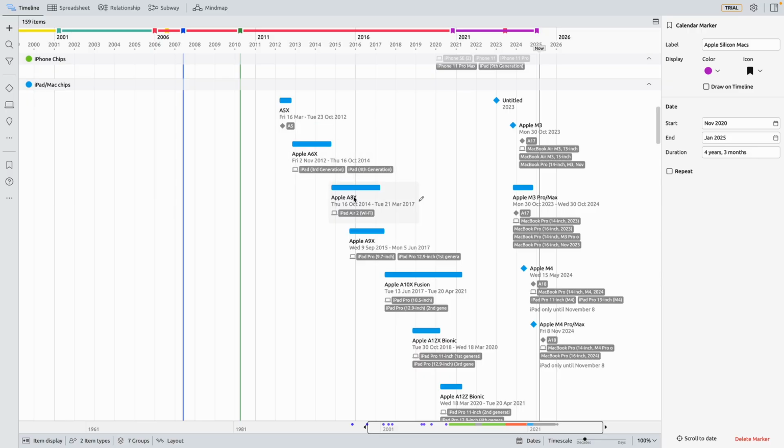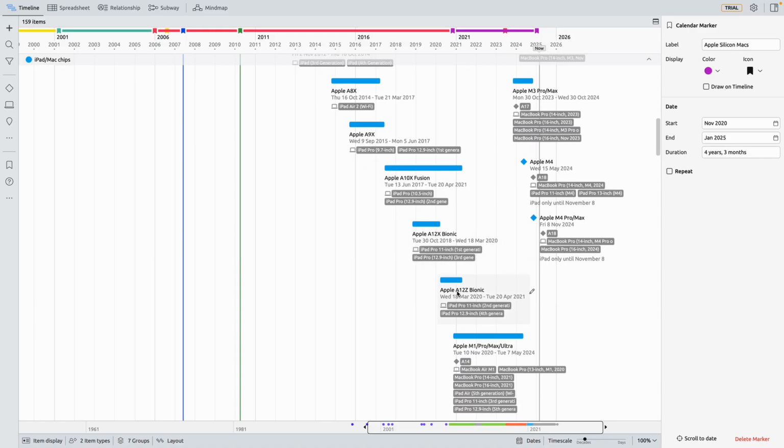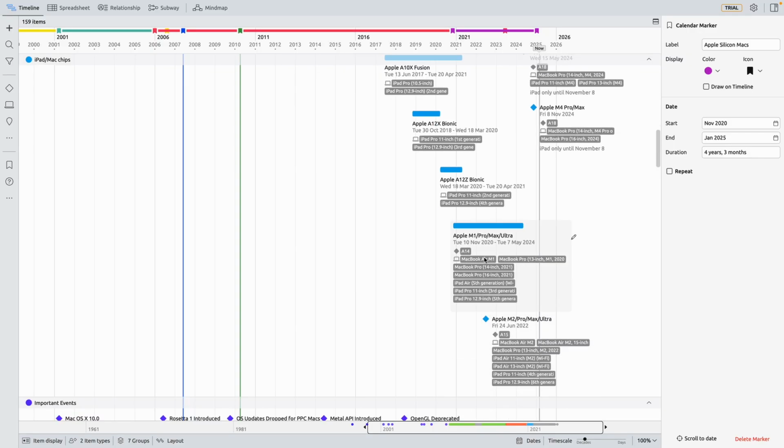Anyway, then you have the A8X, the A9X, the A10X Fusion, which had a pretty long lifespan in the iPad Pros. The A12X Bionic, the A12Z Bionic, which was also in the developer transition kit, which is actually not on this chart, but was there. And then you have the Apple M1, which is effectively an